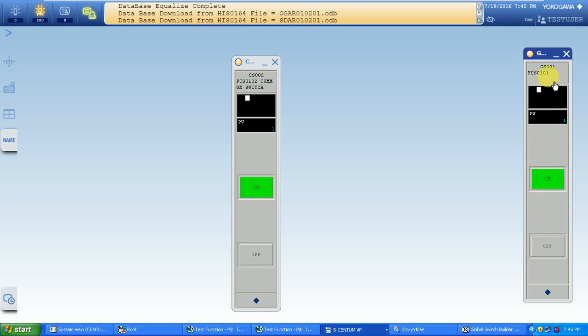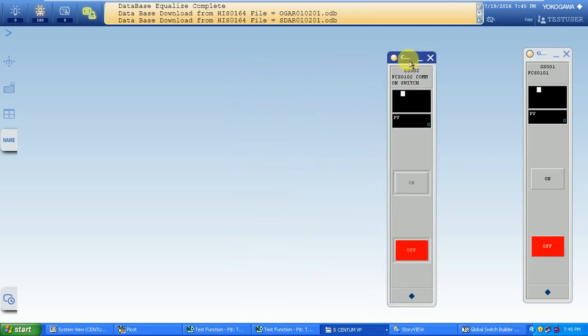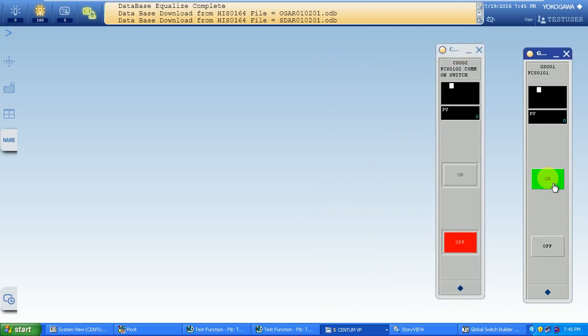Now you will see the GS001 value is 1 in condition. When you change the value of the global switch, then you will see the common switch read the value. So when you click on the open on button, you will see the value of the common switch change.